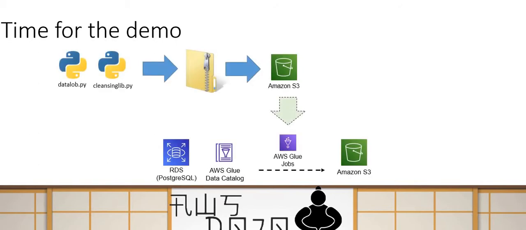As I told you, this topic is not very big, but it's very important to understand. So what we are going to show you in demo is that we are going to create two files. One is your data job.python. Second is your cleansing lib.python. And then I'm going to simply zip them into a single zip file,